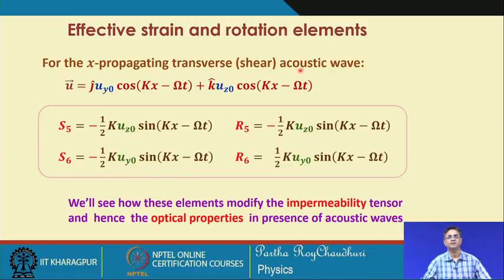For the x propagating transverse shear wave, we have the summary that S 5 is equal to this, S 6 is equal to this, but R 5 and R 6 are antisymmetric rotation matrix elements, so this is minus and here R 6 is plus. Then we will see, using this polarization of the shear acoustic waves, how these elements modify the impermeability tensor, and this impermeability tensor in turn modifies the optical properties,